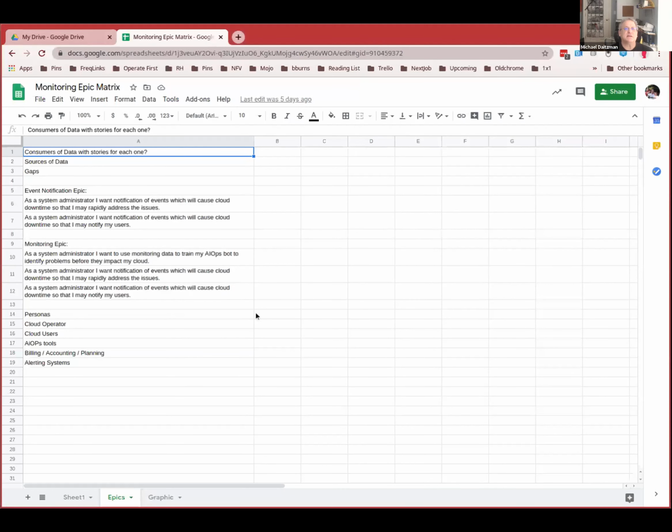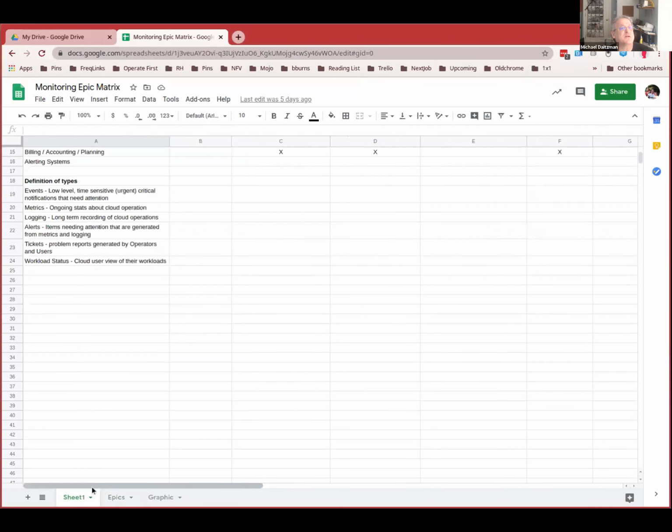Yeah, we had an event notification epic and a monitoring epic with several items under each. Are you sharing? No, I'm not. Do you want to go ahead and share that? Because I think it was a useful exercise to look through that. Bill has been talking to a bunch of different groups doing monitoring, notifications and alerting, and began to notice gaps in how each of them was thinking about things. When he walked me through this, it was helpful to me as a way to think about it.